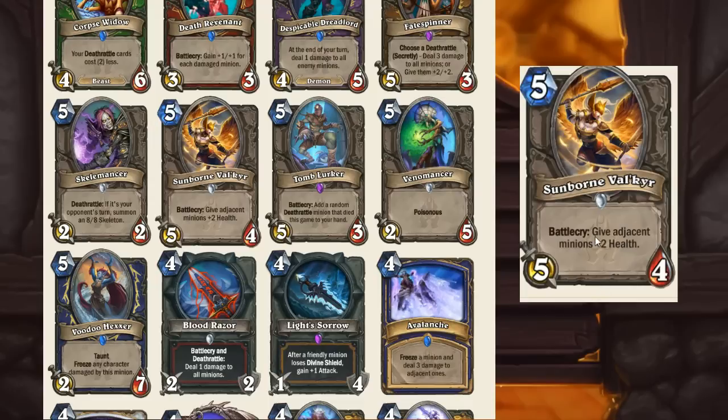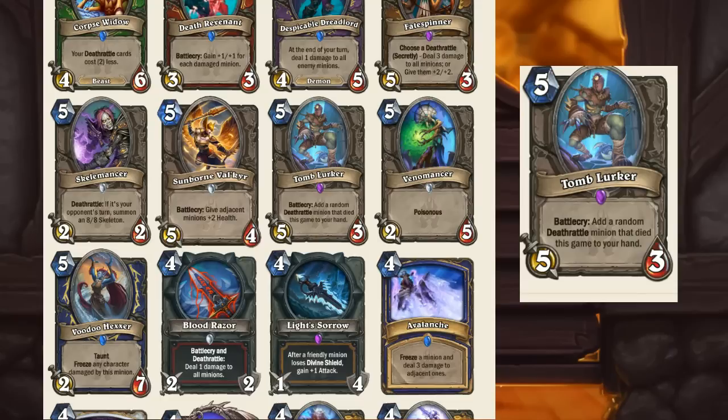Yeah. I mean, cool. It's another one that's like, alright, well, it gives cards health. Neat. Tomb Lurker, 5 mana, 5/3, Battlecry: add a random Death Rattle minion that died this game to your hand. I like this card. This is a pretty cool card where